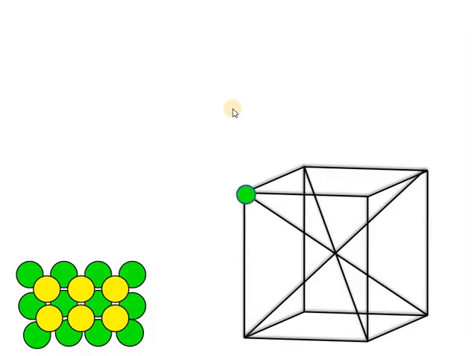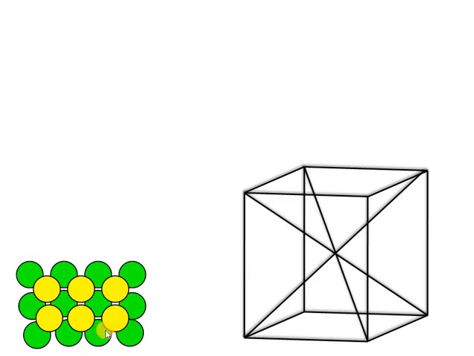Now see here how the body centered cubic crystal can be formed. This is a cube, a body centered cube. In a body centered cube, the lattice points are arranged like this. Firstly, these four lattice points, 1, 2, 3, 4. These four lattice points, and this yellow colored sphere is at the center.